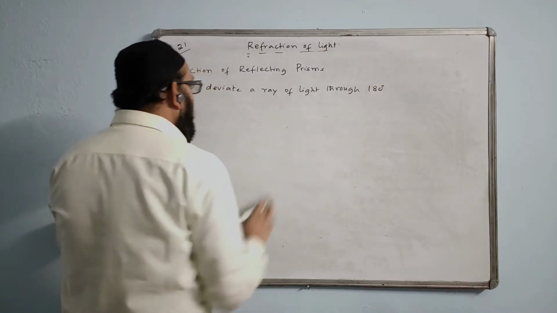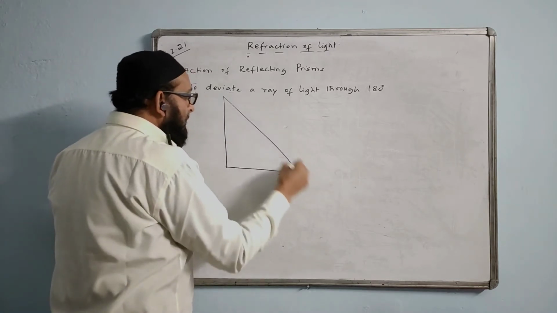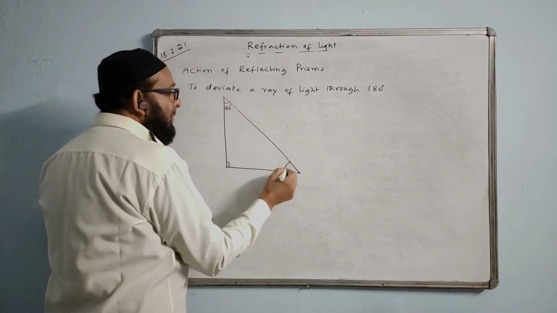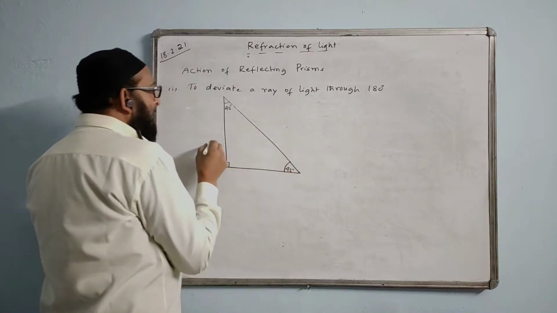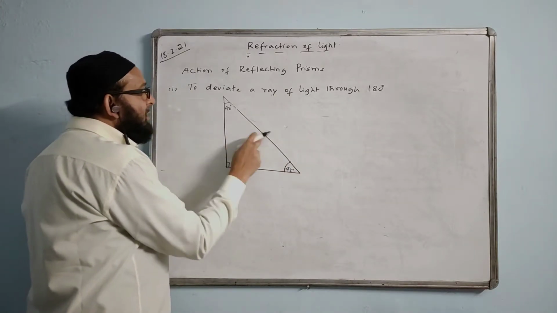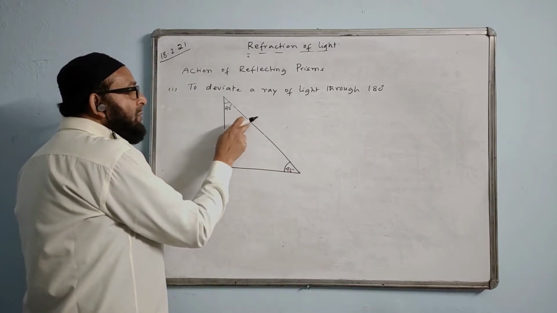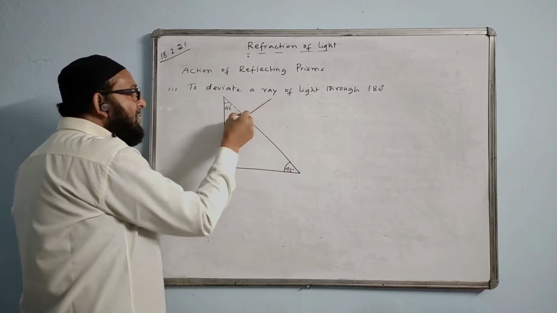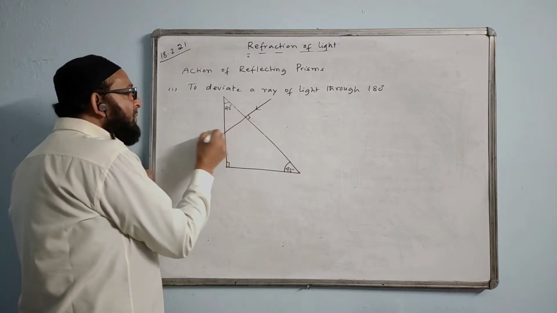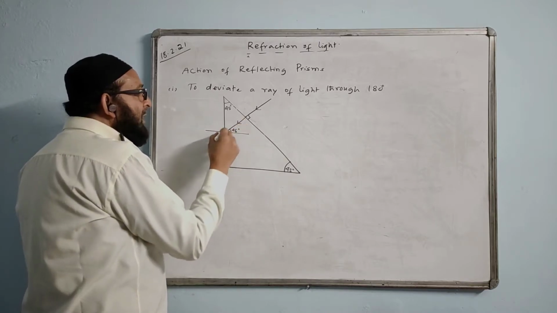For this we will take the same prism, 45 degree, here also 45 degree. Now you know that just now I drew, when the ray comes like this, it will go like this. When the ray starts this way, it will go like this. But when the ray passes through the hypotenuse in this way, what will happen? This ray will first go straight, comes here. This angle will be the same as this angle, 45 degree. TIR will take place here.